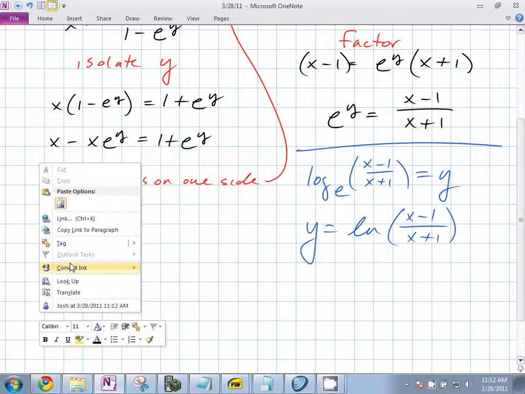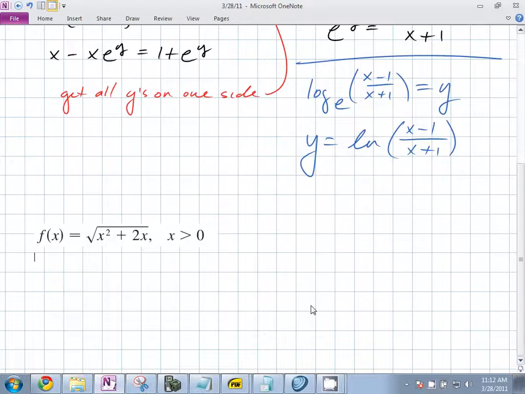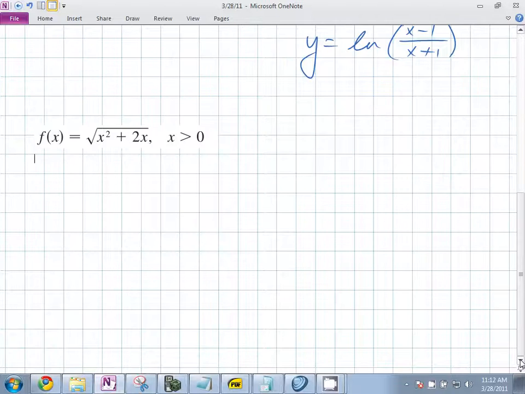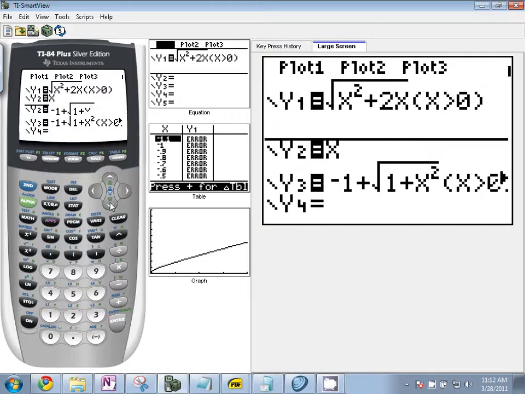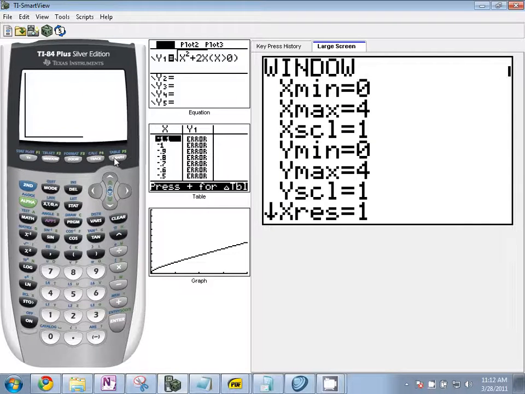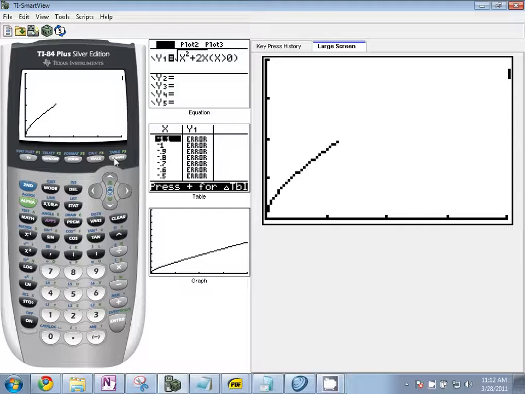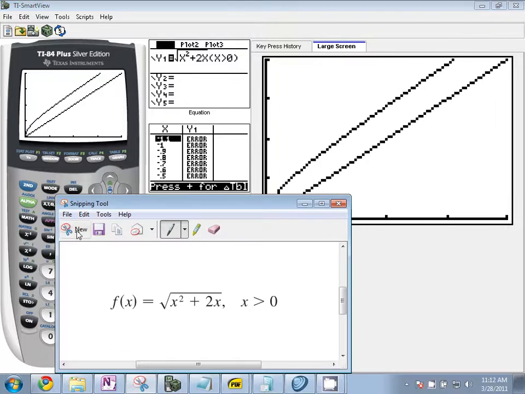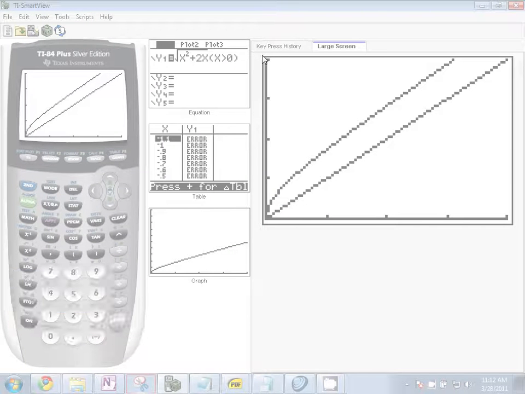So they're asking you to find the explicit formula of the inverse, meaning you have to isolate y. When they say explicit, y equals something in terms of x. Just y in terms of x. So first of all, you notice the domain. So if we graph this to start out with, there it is. And what else did I graph in there? I graphed y equals x. So you have an idea of what this looks like. And also it asks you to make the graph, doesn't it? Yeah. So if you actually do this,